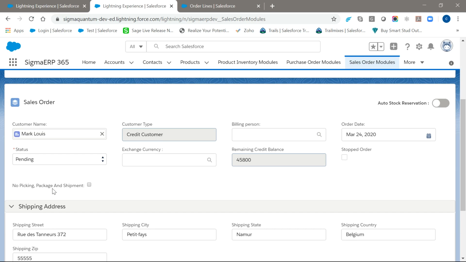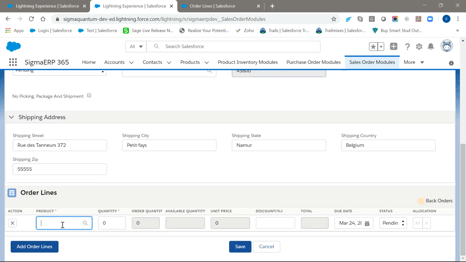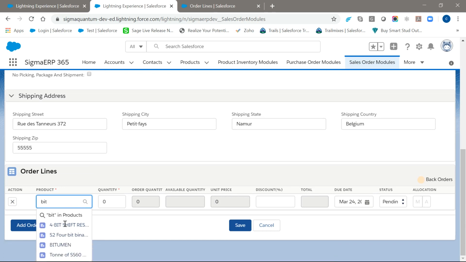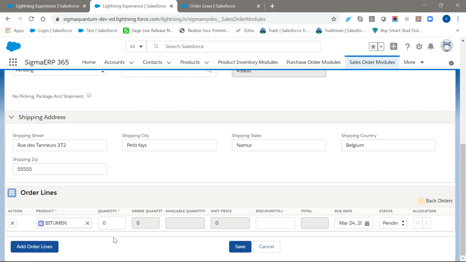And if the order is not required to be packaged and shipped, we can always check this checkbox over here to make the inventory directly update in the delivered status. So it will not update the pick, pack, and shipped statuses in the inventory location. It will directly update to delivered quantity. So what it basically does is it will skip a couple of processes which we have defined in the sales order fulfillment life cycle.